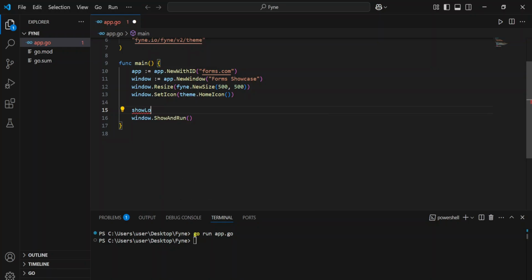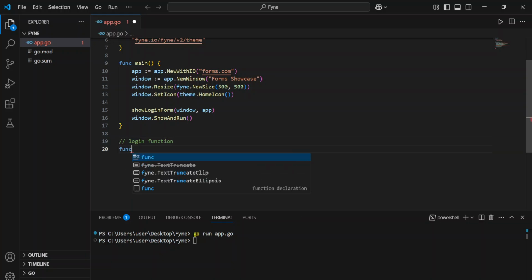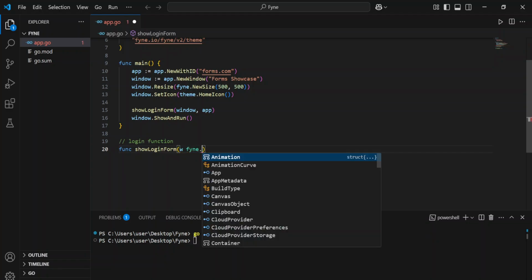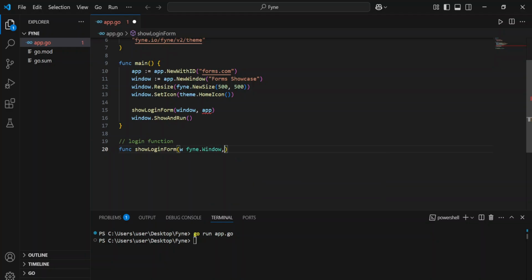We can just show login form. Of course, it's going to accept the window, and then we're going to access also the app. So we can come down here and define the login function. We can define our function here. Then we can say func show login form, and then we're going to have a window here. Of course, this is going to be a Fyne.window, and then we're going to have an app here. Of course, this is going to be a Fyne.app,